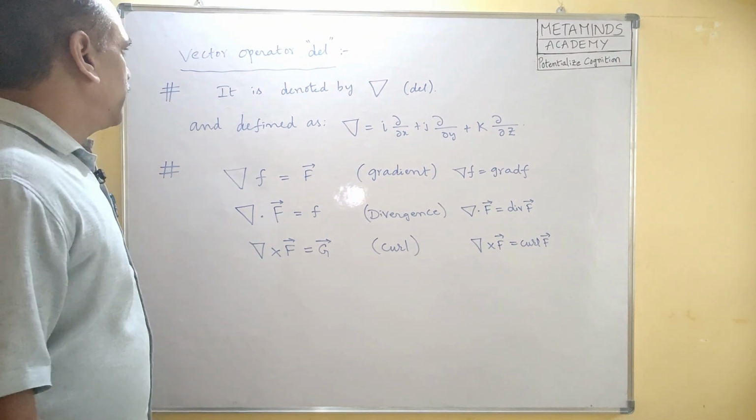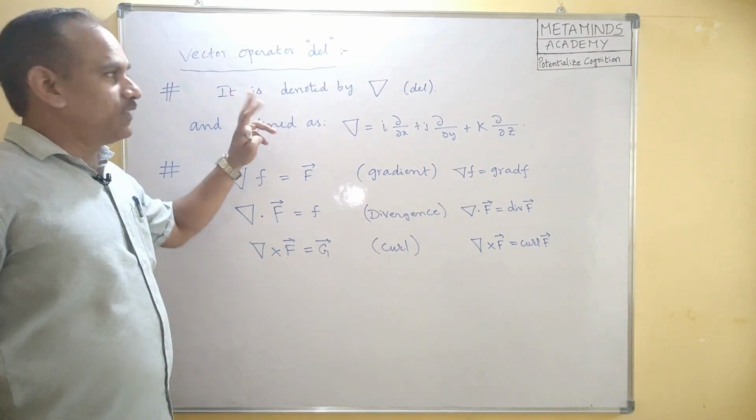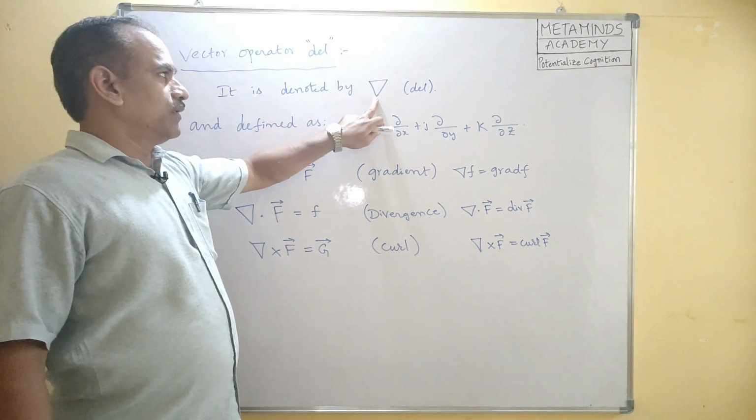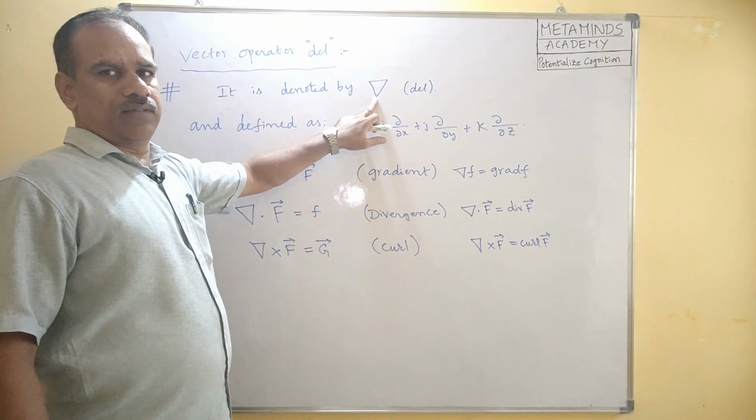So the most important vector operator is del. It is denoted by the symbol